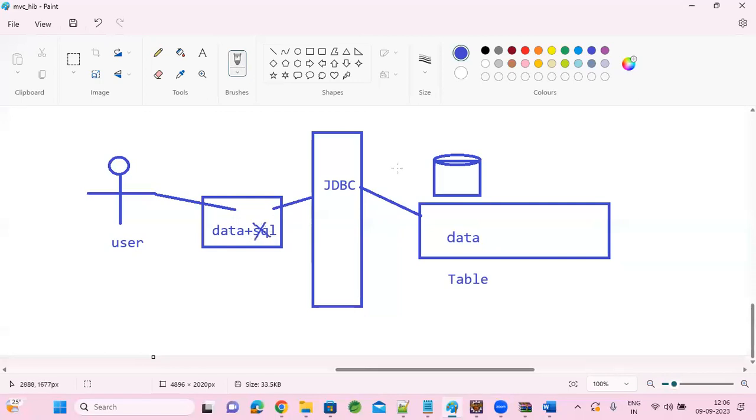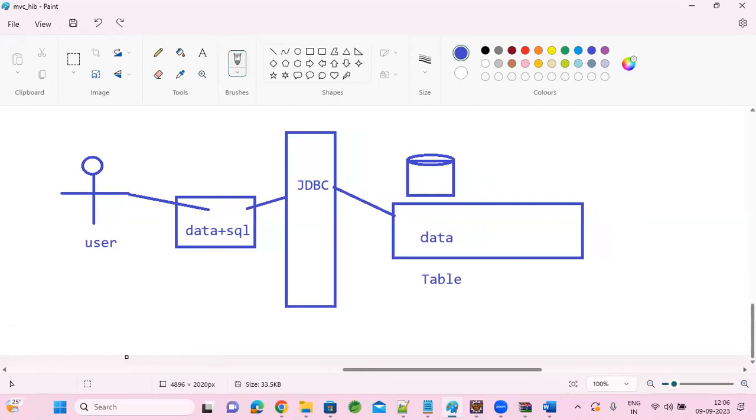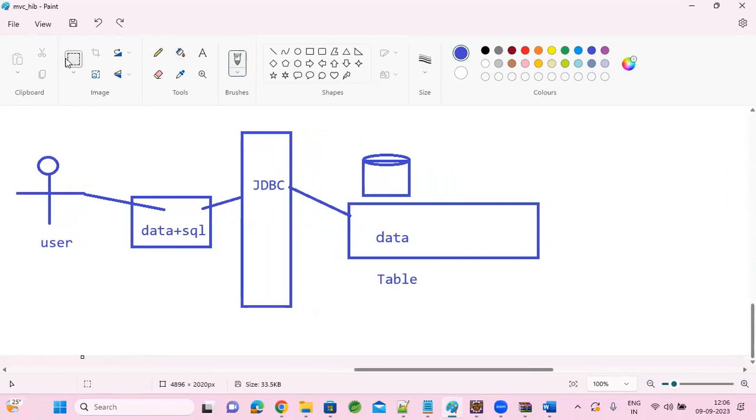Just as street data I will give, you do whatever you want. I don't want to know SQL. So that's where Hibernate is useful to you. When you use Hibernate,